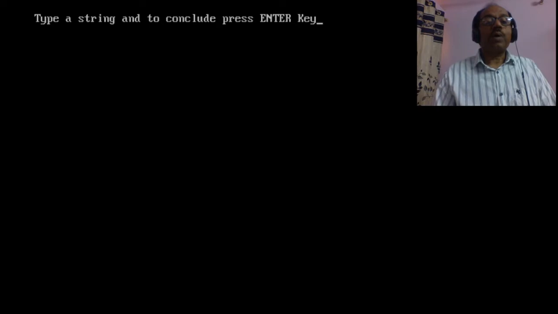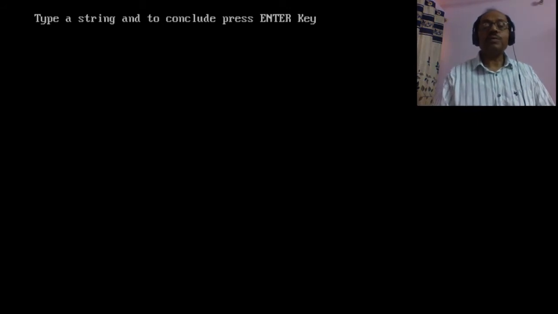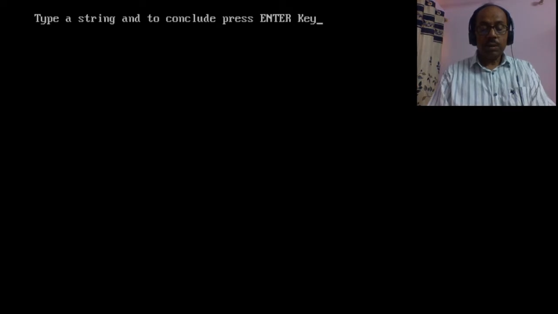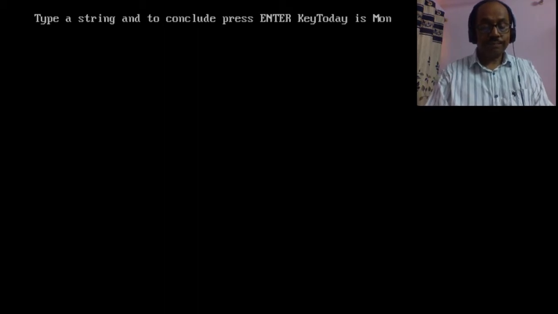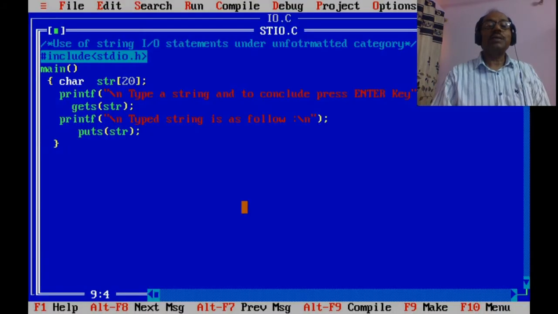The program has been executed and it is asking for the input. Let's input something like today is Monday. This is the string which I have entered. As the instruction says, to conclude the inputting we have to press enter, and I pressed enter.